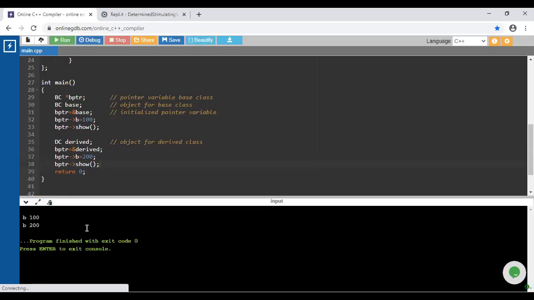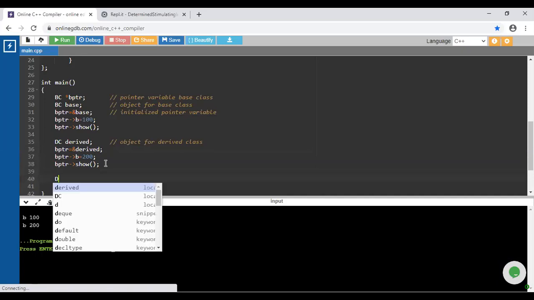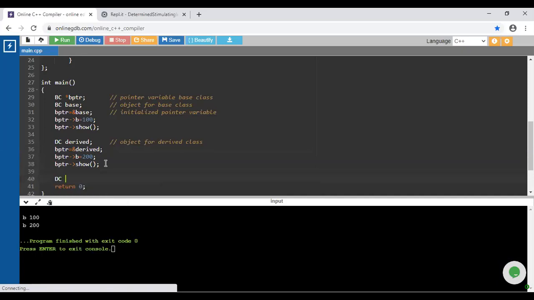Because with the base pointer, the call goes to the base class itself.